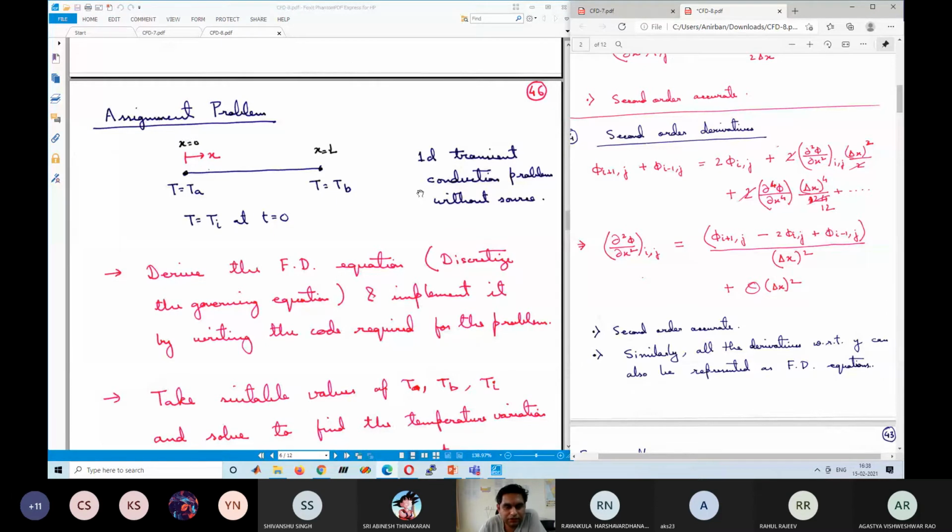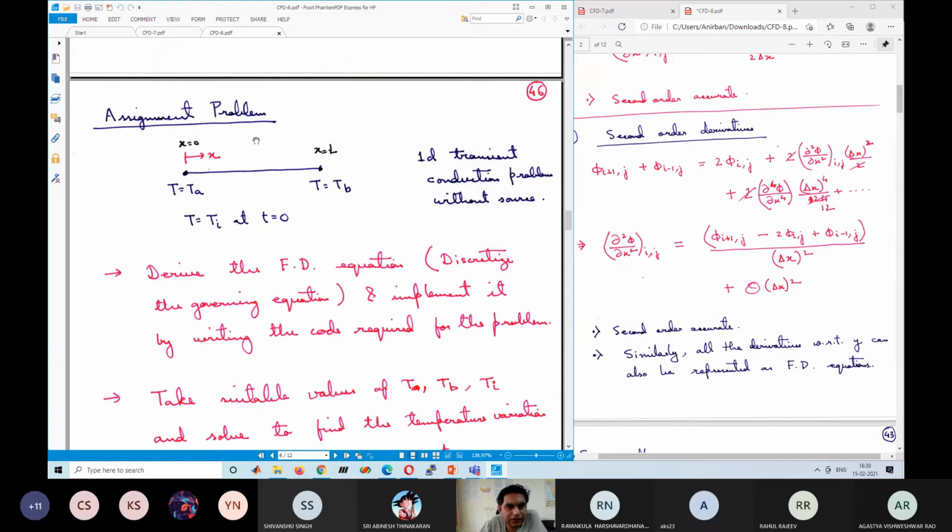So any questions on the part? Please read that part before tomorrow's class. And so I have an assignment problem now. I will formally submit the assignment, meaning give the question in MS Teams in 1 or 2 days. But I am just going through it now to give you an idea about what types of problems we can do using the finite difference method on a simple level. We can even solve complex problems, but in this course we will be tackling simple problems.